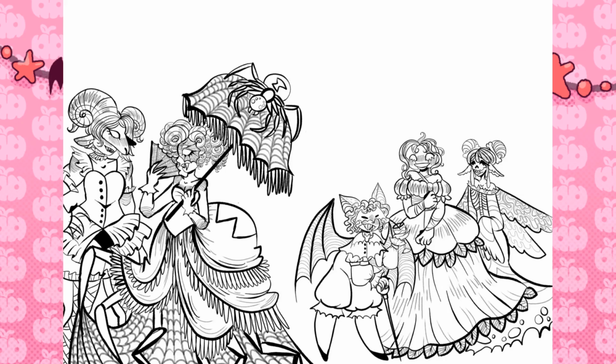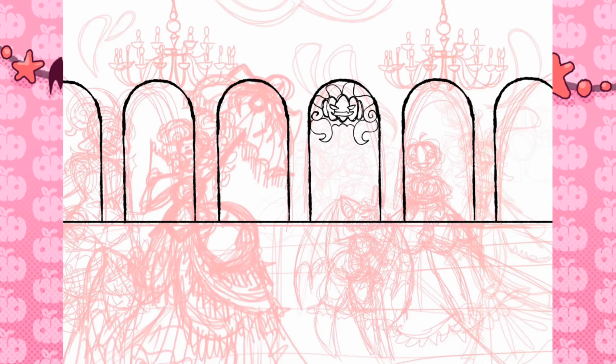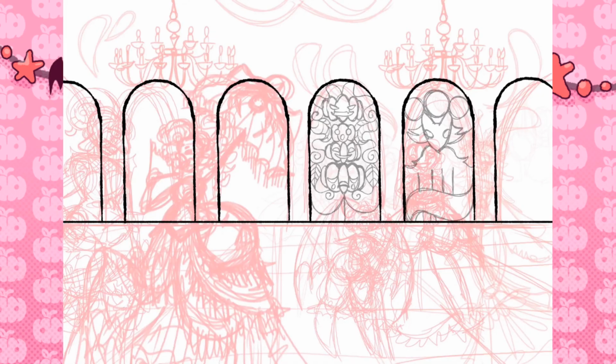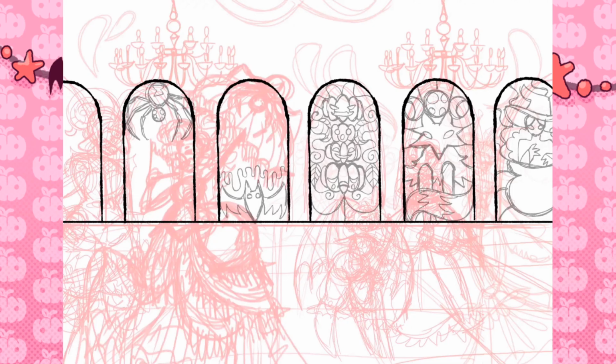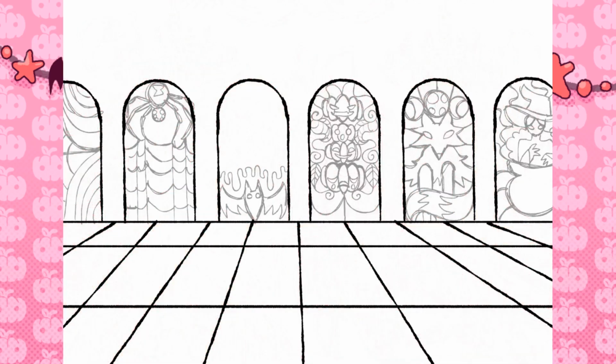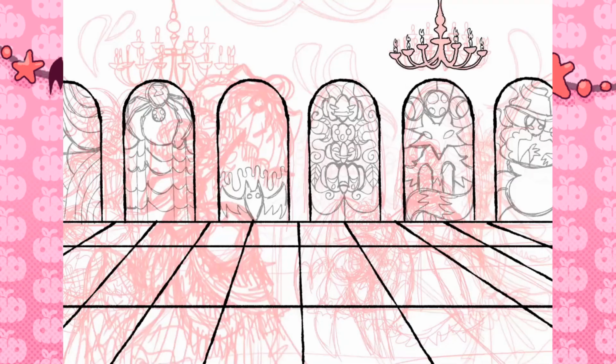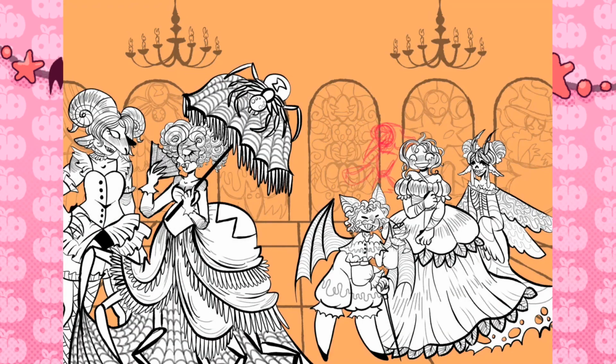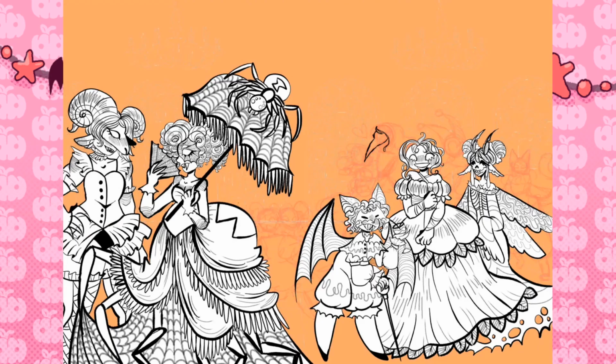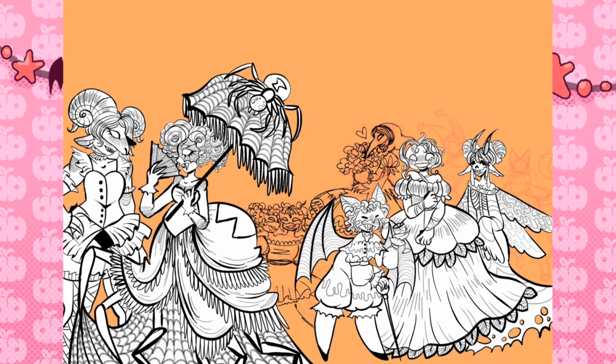There's a couple different costumes. I really fell in love with this spider girl that I brainstormed near the beginning, so I made sure to keep her in the front so everyone could see her in all of her beautiful glory. There's also a kind of Baphomet-inspired burlesque goat woman she's talking to. And then further in the background there is a bat-themed vampire, a pumpkin princess, and a death's head moth fairy girl. So I definitely had some fun concepts and ideas for this one and everybody's costumes,